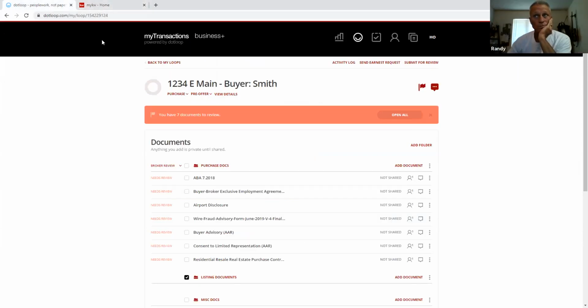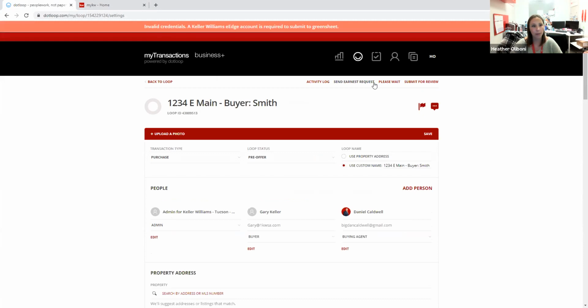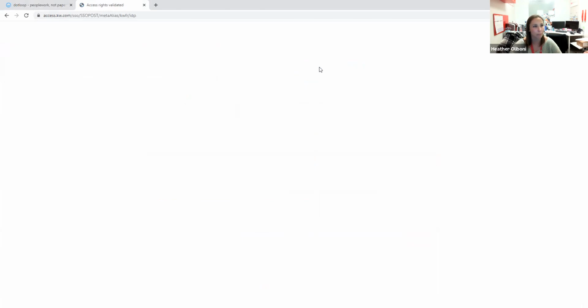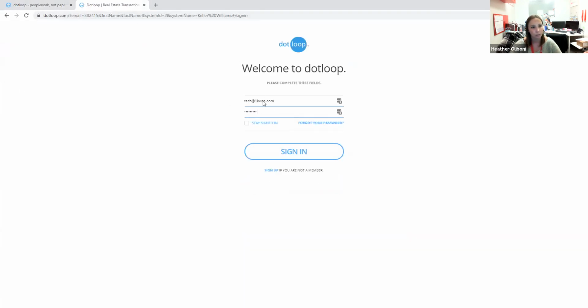Perfect. So now what we're going to do is go into view details on this loop. And we're going to click this option at the top right here that says submit to Greensheet. We're going to click submit to Greensheet. It's going to say you have invalid credentials. Your Keller Williams e-edge account is required to submit a Greensheet. If that shows up, it just means that your start my transaction button's not connected to your Dotloop account. And once you do that,